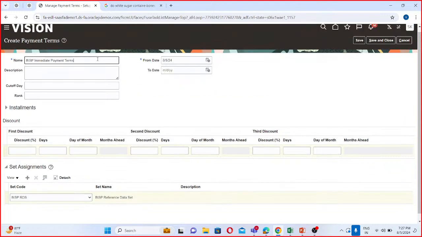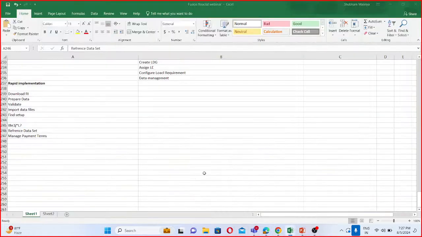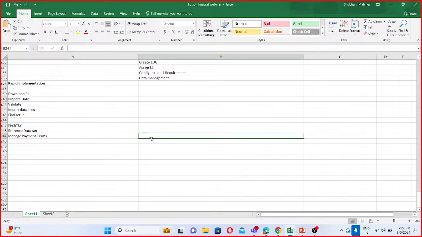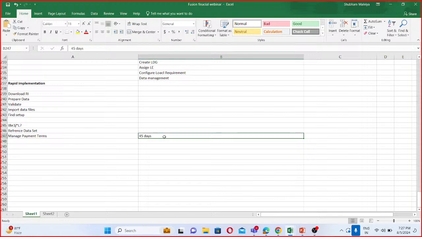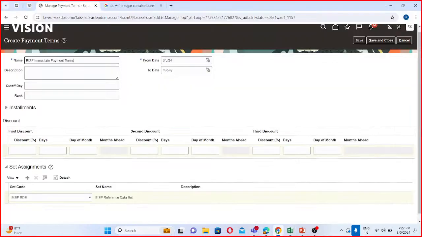Okay, let's say immediate payment. So if we have opened, then I'll make another payment term. Suppose I have to make payment in 45 days. Suppose I'll pay in the next 45 days, so I'll manage payment terms of 45 days. So I'll change the name, I'll make it BISP